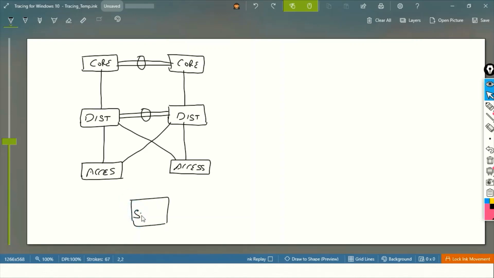Our server connects on the bottom side. This is a server which normally connects to your access layer, or maybe they created some server-type switches, but they are all access layer, right? So this server is connecting here. Now they said this ACI infrastructure cannot be built on this three-tier architecture. Why?